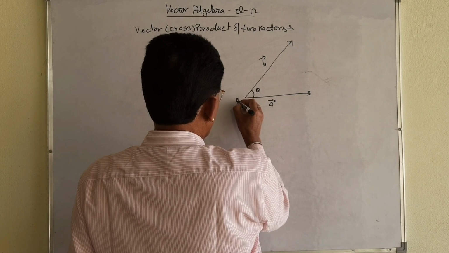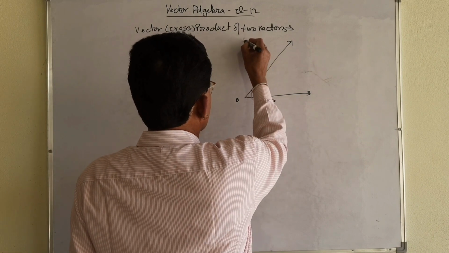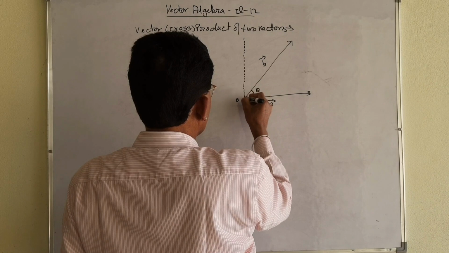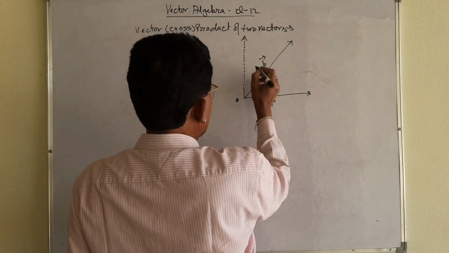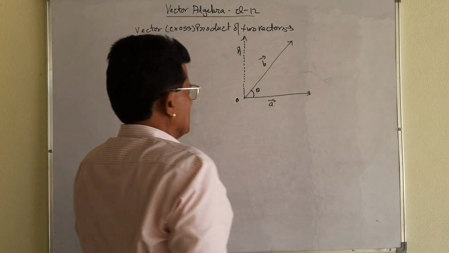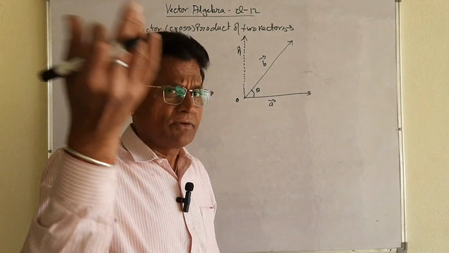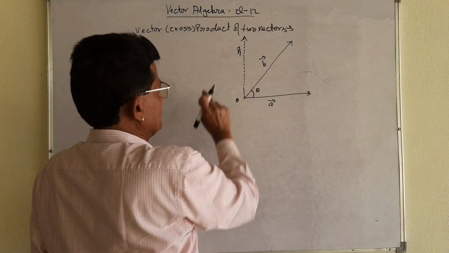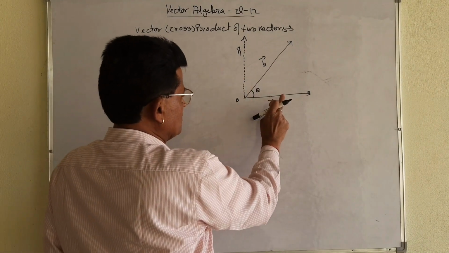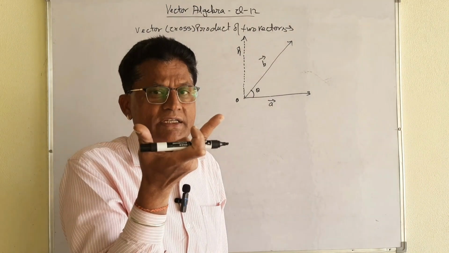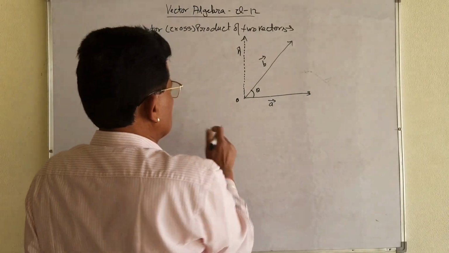Suppose I am taking O, and as I told you, this will be perpendicular along the z-axis. It will be the unit vector denoted by n. N for whatever it may be, you can represent it. But I will take the unit vector n, which will be perpendicular to both vectors A and B, just as I showed you in the right-handed coordinate system. This thing you must keep in mind.